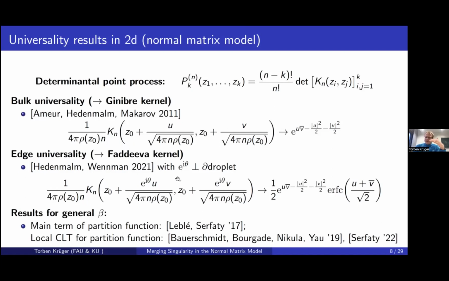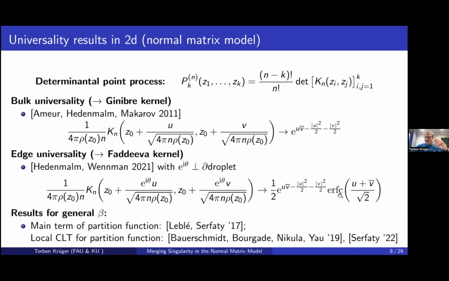Of course, there's a direction, right? Because in some direction you're moving outside of the droplet. So there's some angle that basically tells you in which direction you're moving outside of the droplet. And then if you rescale at a z0 which is at the edge of the droplet, with the same scaling as in the bulk, 1 over square root of n, so that remains exactly the same as in the bulk, then you end up with this kind of kernel, the Faddeev kernel, which looks like the Ginibre kernel,